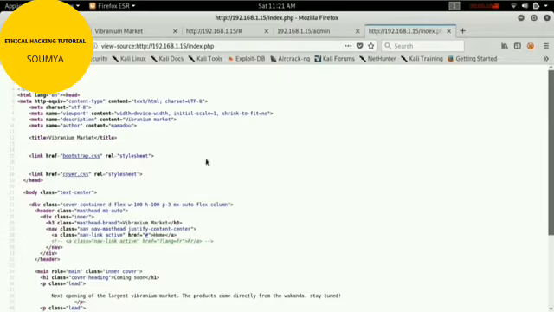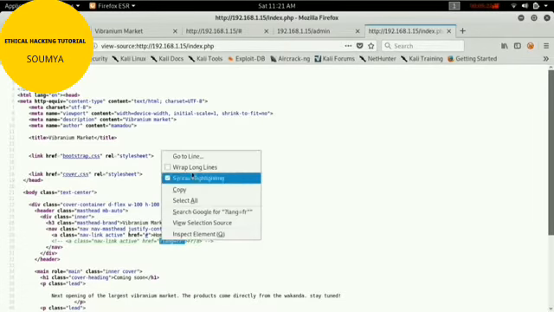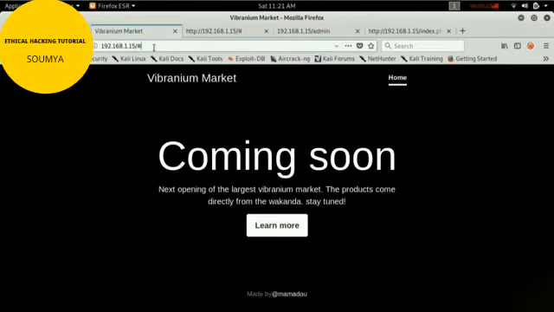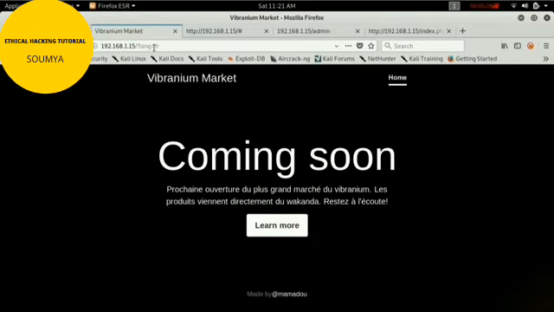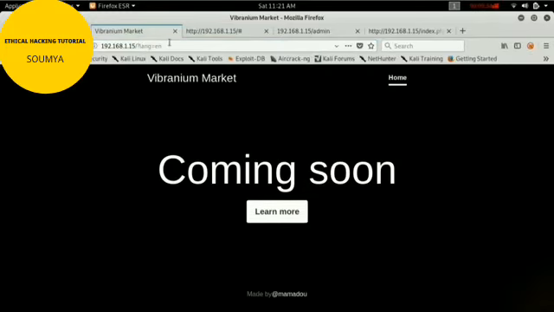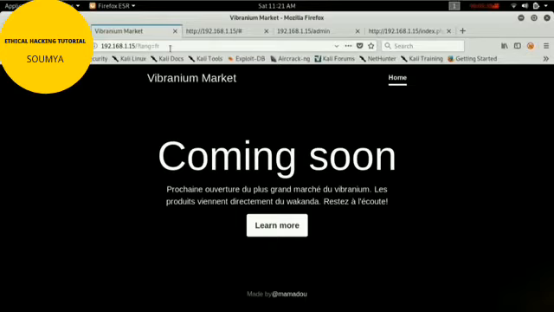We got that LFI file, right? Okay, let me try with this one. Just copy, just paste into my URL. Let me enter. Yeah, you can see the change, it's French, I think. If we enter en, we didn't get anything, but if we enter fr, we got something. Maybe it's LFI vulnerable. Let me find which one is working.